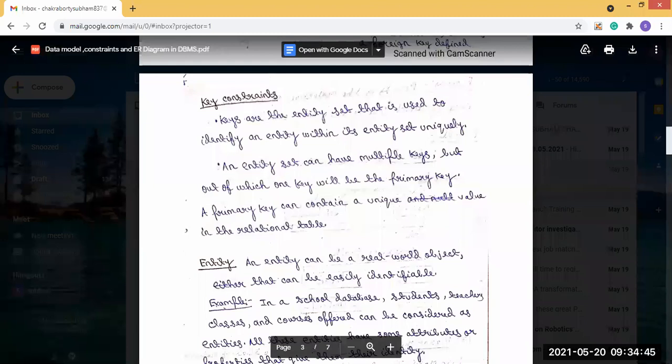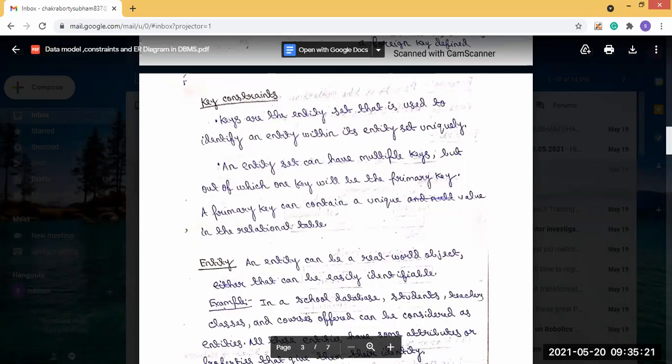Key constraint is basically the same as keys in the entity set, which are used to identify an entity within the entity set uniquely. In the entity set there can be multiple keys, but out of which one key will be the primary key. The primary key contains a unique value in the relational table. The keys we have seen are super key, candidate key, primary key, foreign key, unique key.